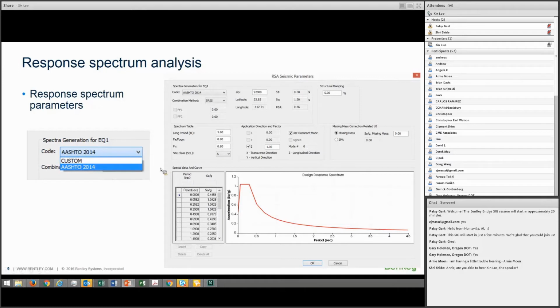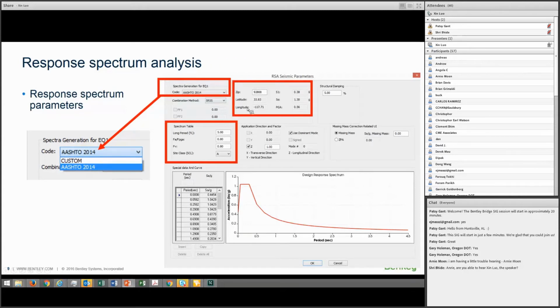Here is an example for the US design code. Here you can see two options available. One is according to AASHTO code. Another is a custom option. If you select AASHTO,